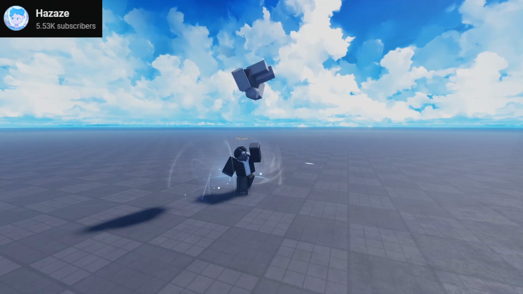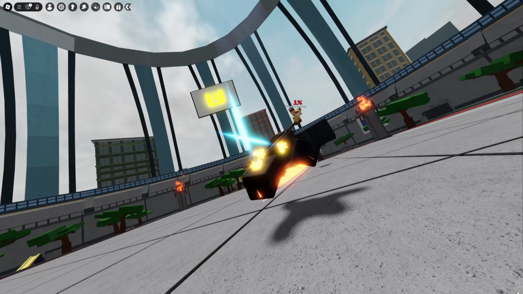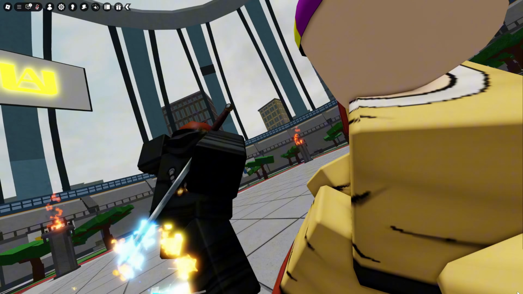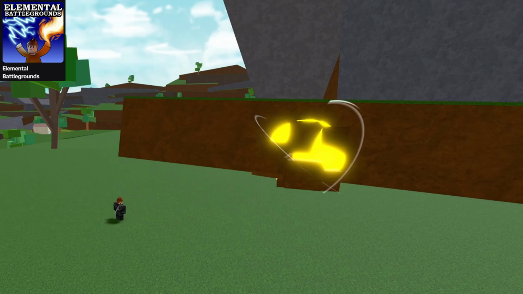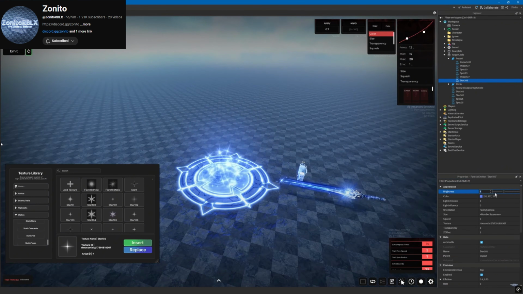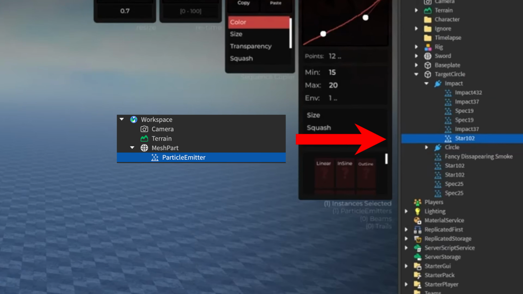I've always loved the idea of VFX in games. You could argue that it's pretty much the heart and soul of most modern fighting games on Roblox. It's been pretty crazy witnessing how developers have completely evolved VFX over the years, when back then it looked like this. Nowadays, the main form of VFX comes from the use of particle emitters, which is what I'm trying to